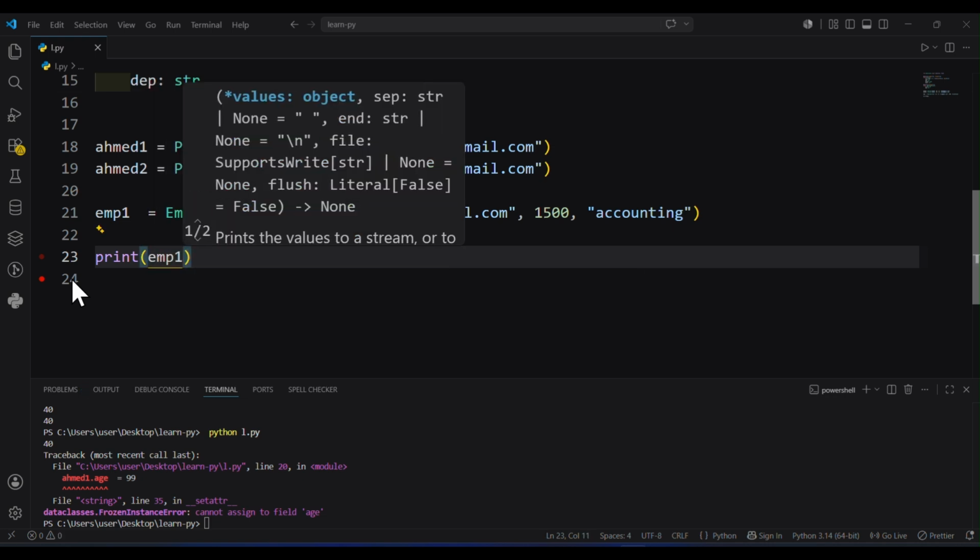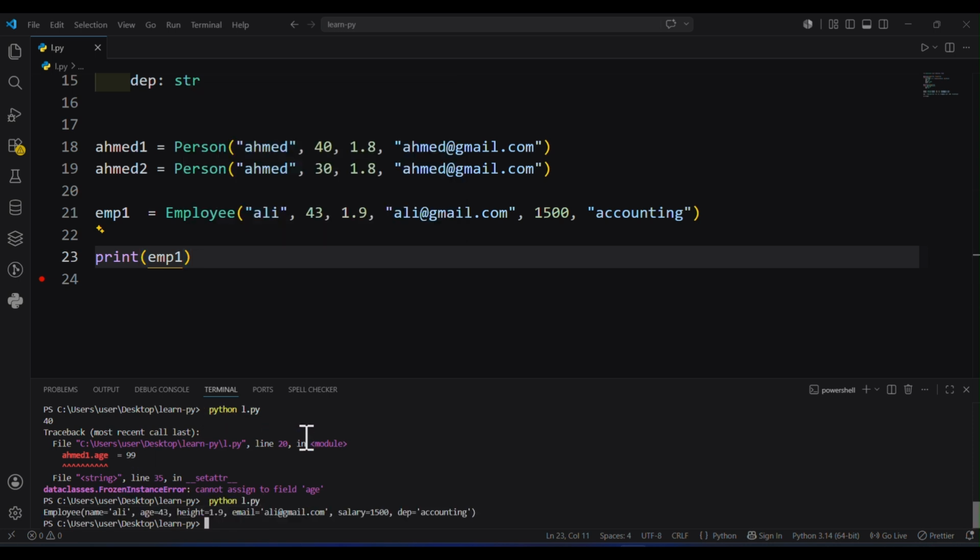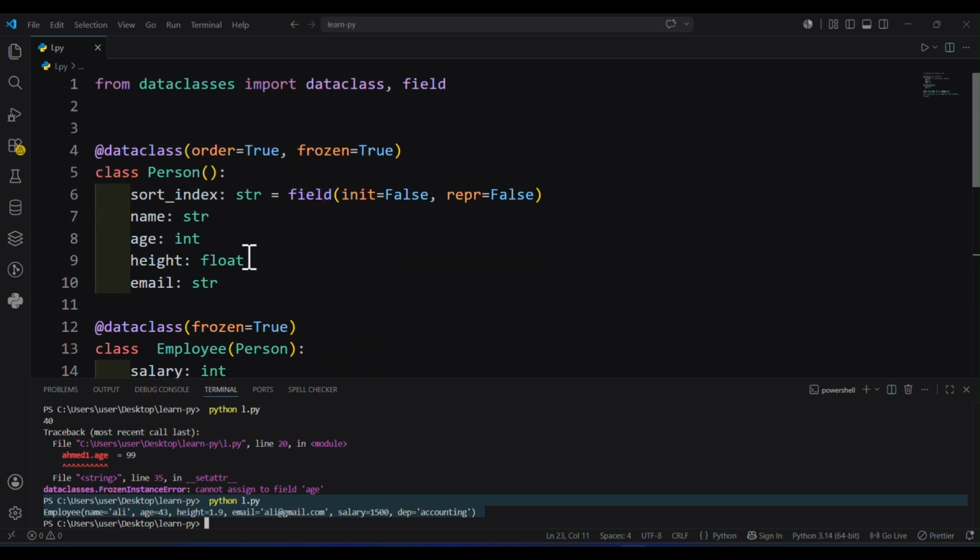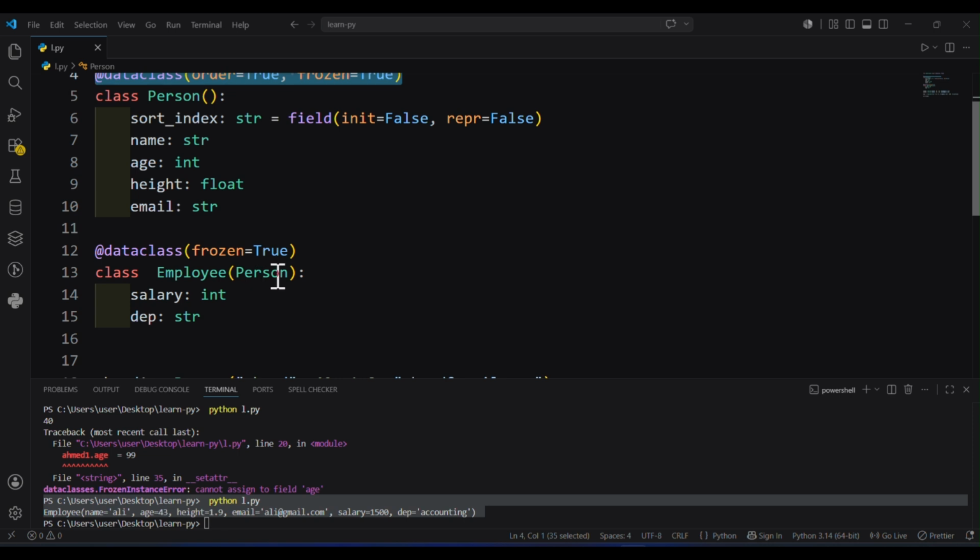Okay, now if I print employee1, okay, and print that. When you inherit from frozen classes, you should put the other class as frozen. So I inherit from this frozen class, so this is I will inherit from Person. You should put